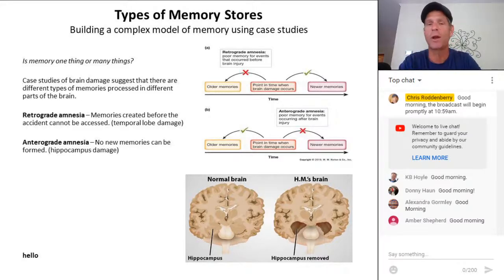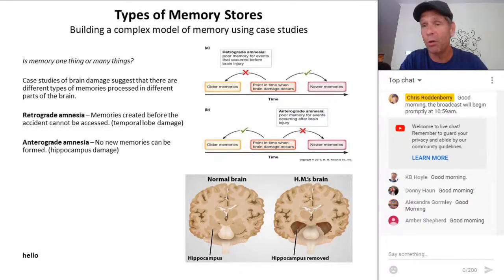We looked at Clive Waring. These people who have damage to the hippocampus are going to have anterograde amnesia because they can't consolidate and reconsolidate new memories. And then we learned that the hippocampus is a place that processes new memories. Now, we found that the hippocampus is not where memories are stored, because these people with damage to the hippocampus still remember the things that happened before the accident. They didn't have retrograde amnesia, they just had anterograde amnesia.